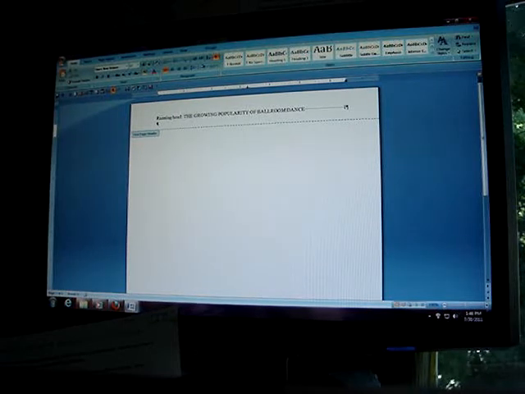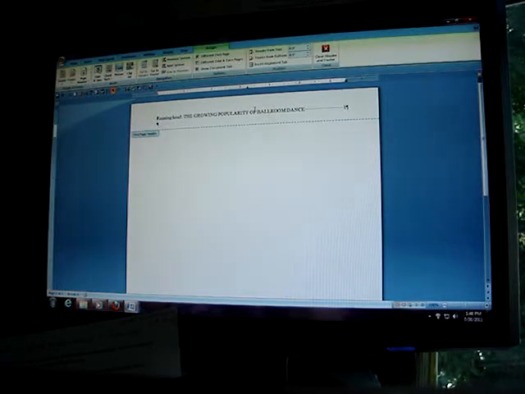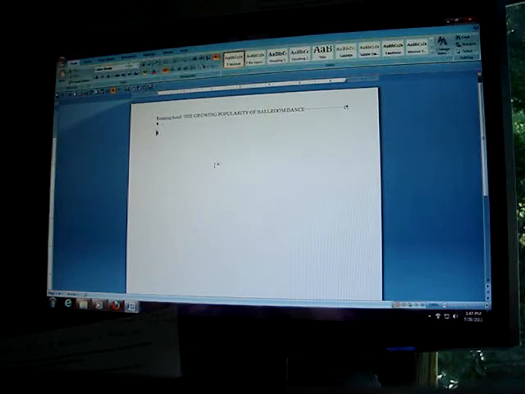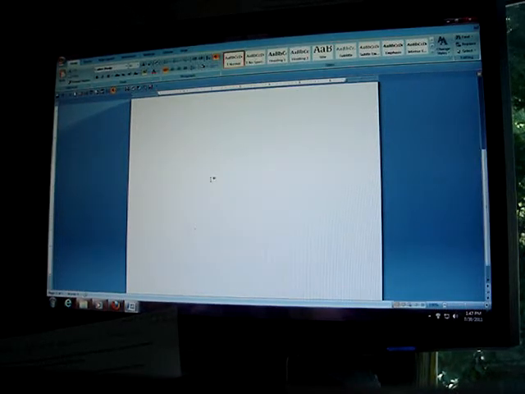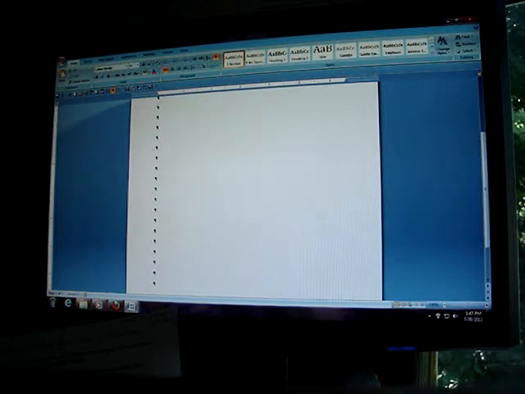The problem is APA wants you to have an abbreviated title for the rest of your paper. So I'm going to take ballroom dance as my abbreviated title. What I just did is I highlighted it. I'm going to do Control C for a copy, or you can also right click on it and say copy. Now I double clicked out of that and I'm going to go to my next page. I'm going to double click on the next header